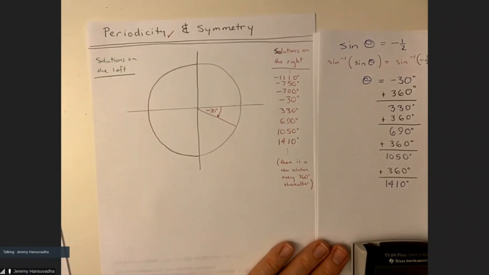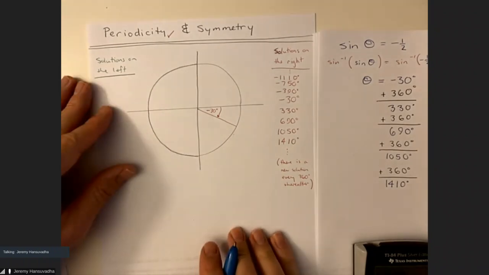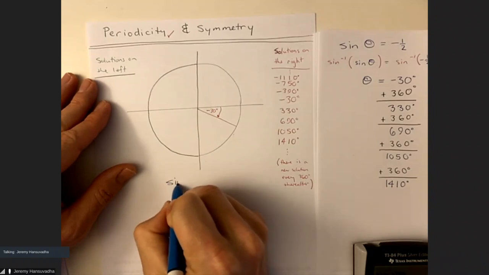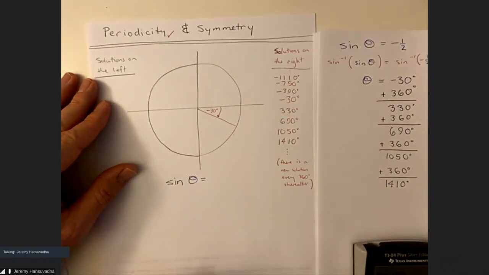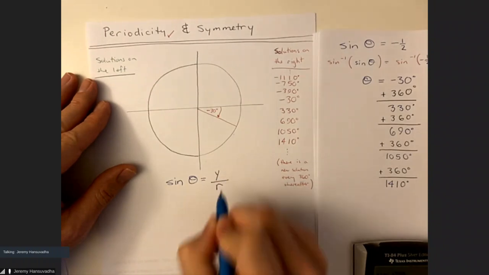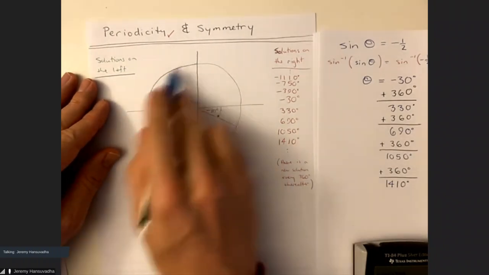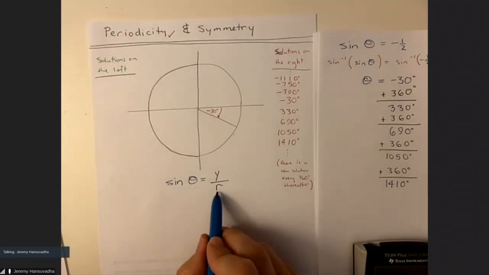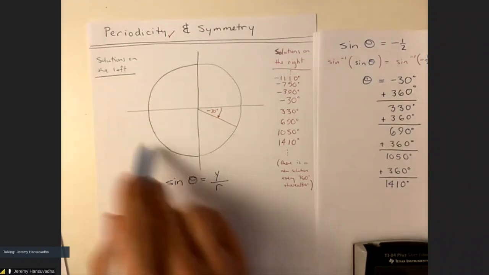Now we need to understand symmetry. So for symmetry, we need to understand the definition of sine, the extended definition of sine, is that the sine of any angle is equal to its y value divided by the value of the radius of this circle. So what other places in this circle share the same y value? All the values in the circle share the same radius, but what other places share the same